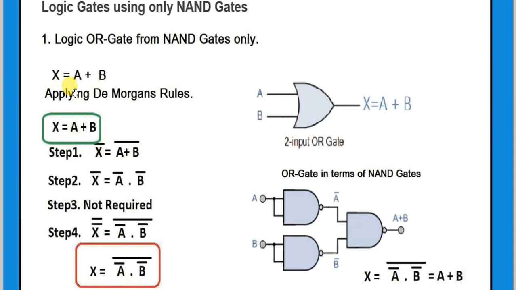So we apply De Morgan's rules here. Make use of these De Morgan rules, very simple. We take the complement of both sides. At the end we take again the complement, the double complement of both. So the first complement converts the sum into a product of the complemented variables.